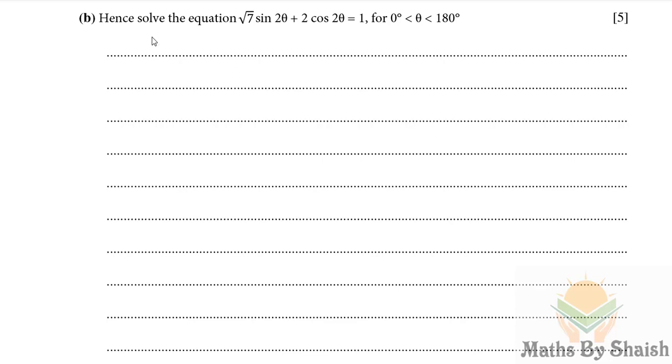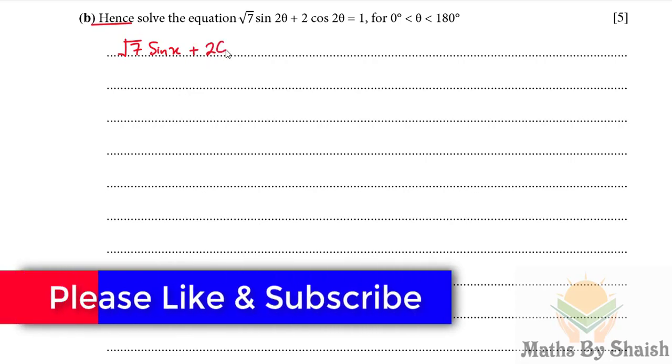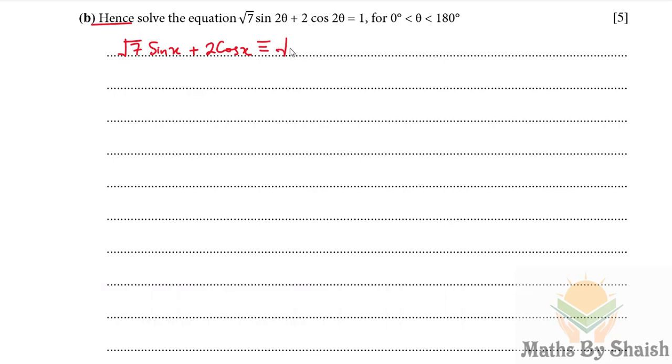And here's the B part. Hence solve the equation. So from the first part we have seen that root 7 sine x plus 2 cos x, we have expressed as r sine of (x plus alpha), and r was root 11, and it was sine of (x plus alpha) for the time being, because we have seen that alpha is 37